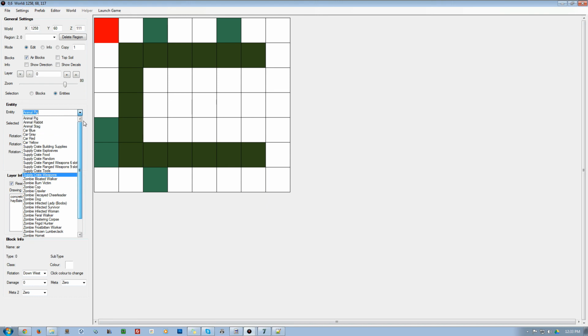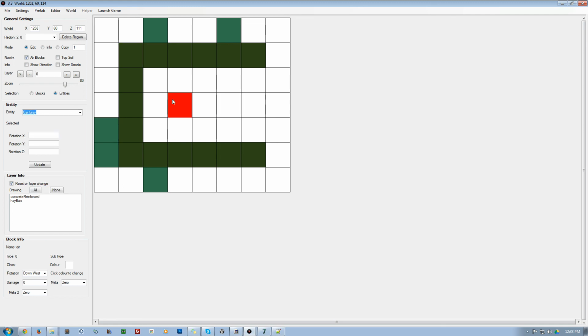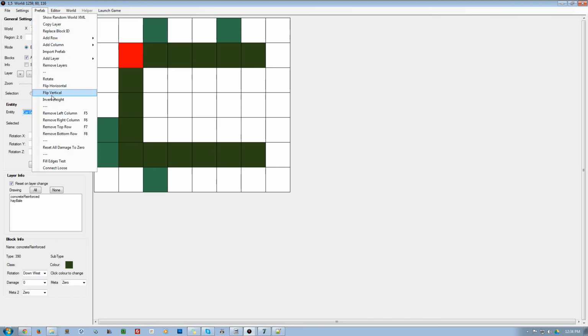So let's go ahead and, actually, let's park a car. I can't remember, cars, I believe, are 2 or 3 blocks. So let's see what happens. This might break the world. So we'll find out. Actually, you know what we'll do? Let's do a little funkiness. Let's add multiple columns